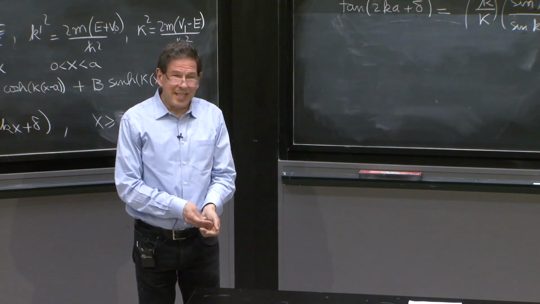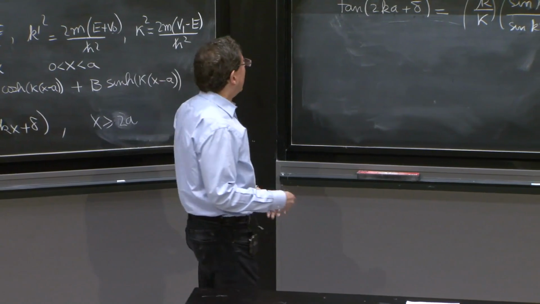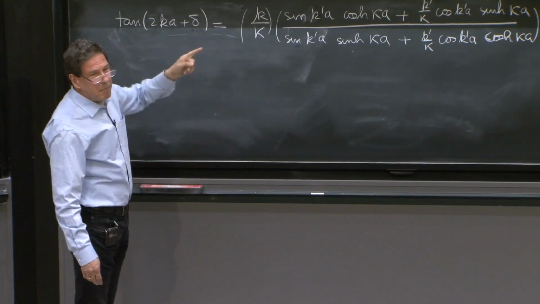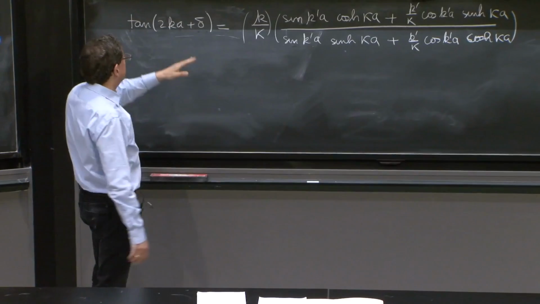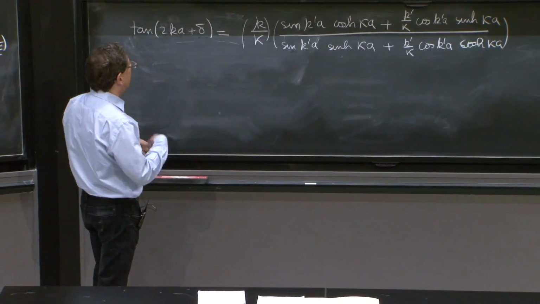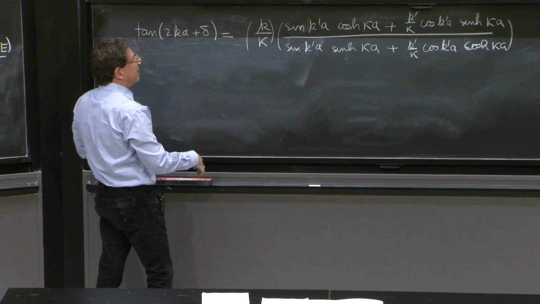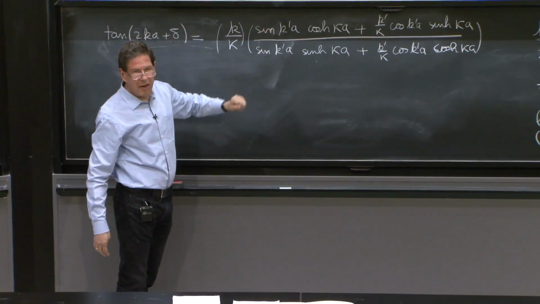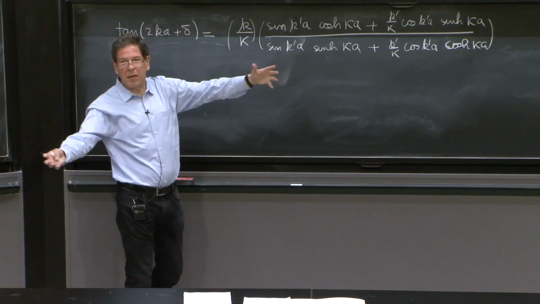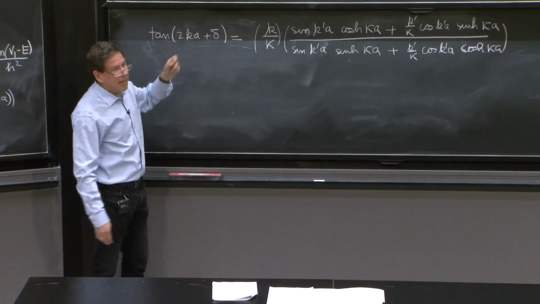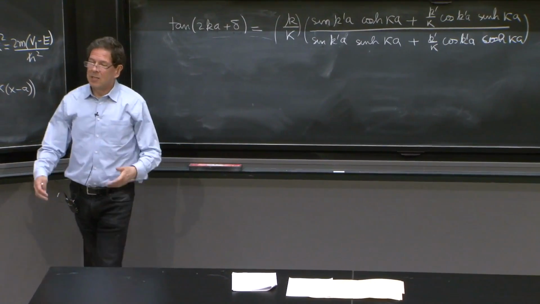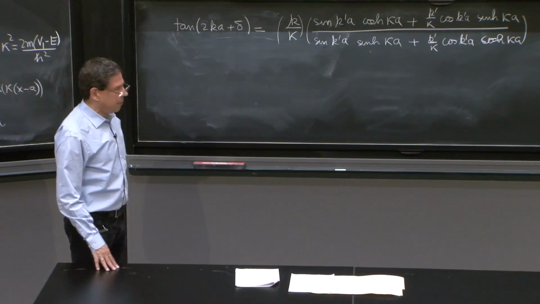It's messy. Remember I mentioned the other day the fact that you could do trigonometric identities and solve for tan delta here, but then this I don't think simplifies when you solve that. It becomes just a bigger mess. You did solve for tan delta, but it's very messy. So anyway, let's leave it there.